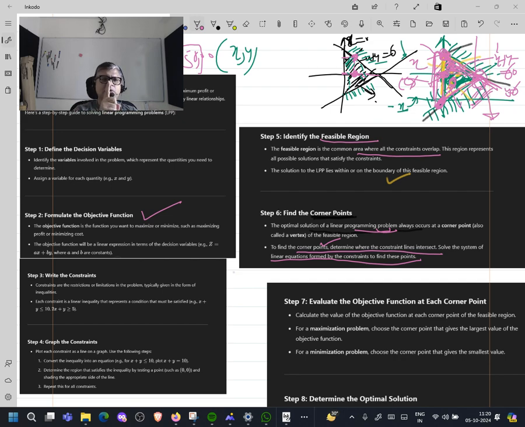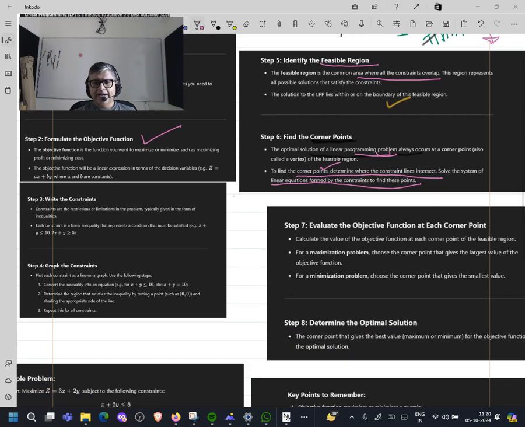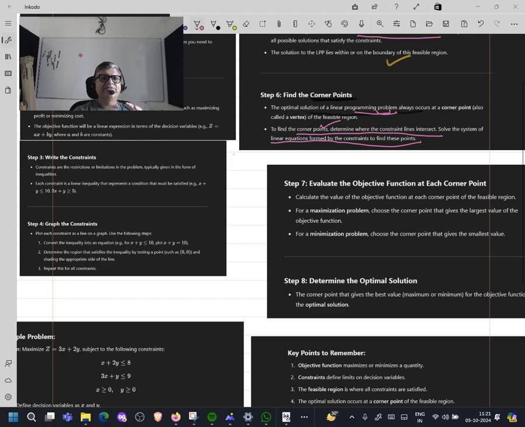The profit equation is very simple. The profit of x can be known. The profit of y tables can be known, because the profit of one table and one chair is known, right? And now put the values of x and y in that. Whatever x and y as a corner point gives you the maximum profit is the point you are worried about.